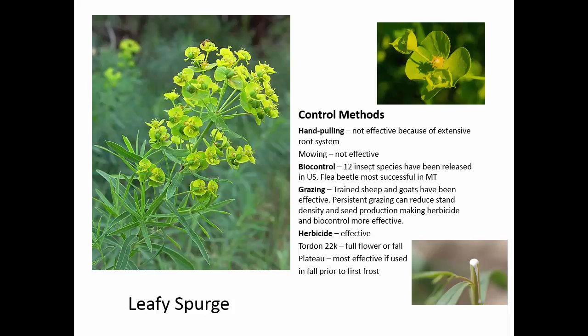Oh, biocontrol. Lots of biocontrol for this one. Biocontrol alone will never take away your weed problem. Biocontrol is going to make you work on your patience, because you introduce biocontrol, and it really is only an option when you have a horrible infestation. You need to have an abundance of that weed for biocontrol to be effective. You've got to have something to support the bugs, because you're releasing these insects in the hope that they find each other and mate and build a huge population that will start to affect your weeds.